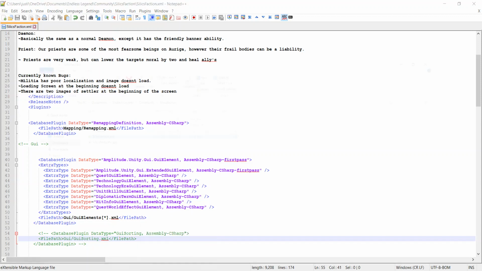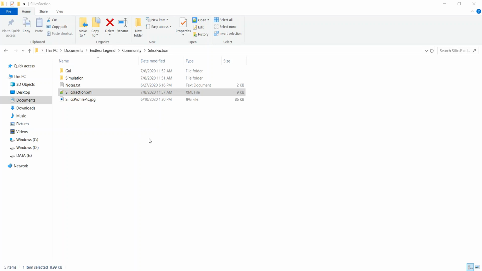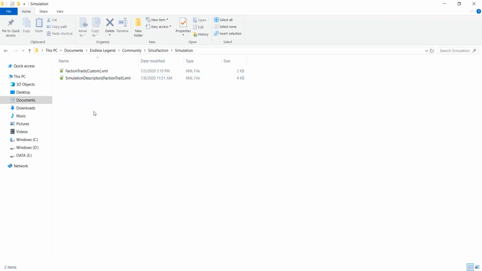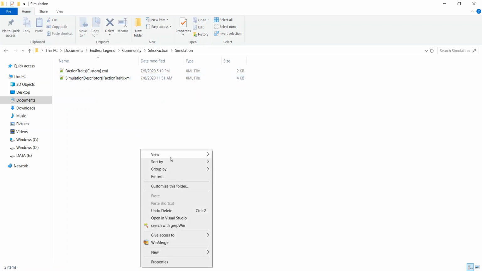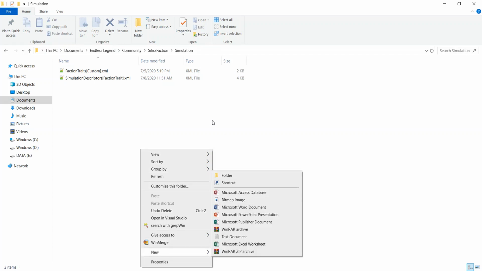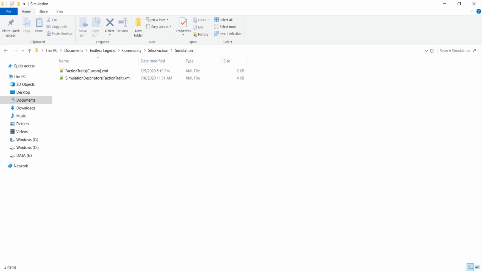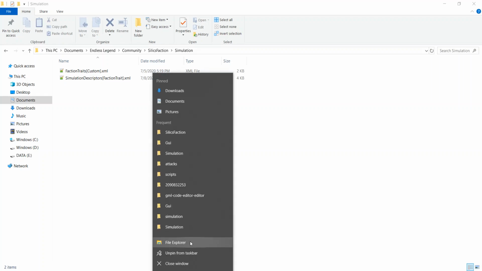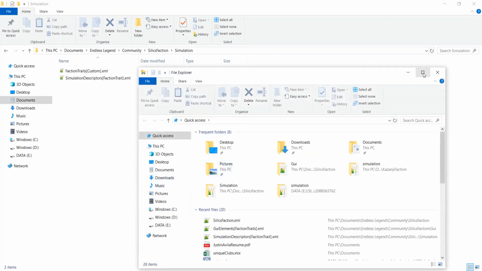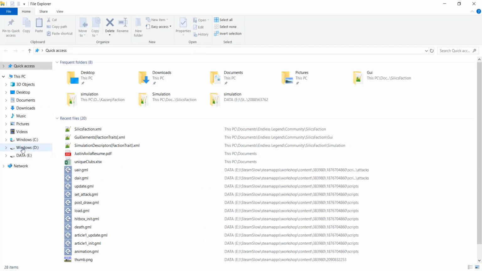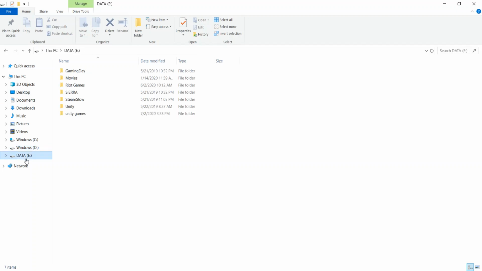So the first thing we are going to do is make a new document that is going to be our faction. There's two main documents that you're going to need. The first one is that you're going to need a